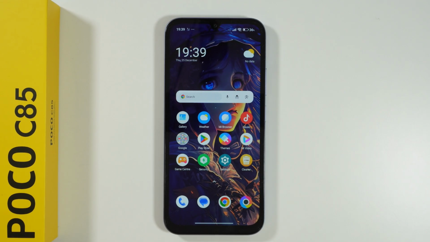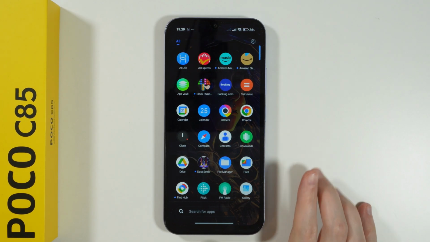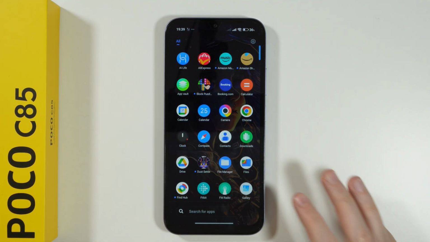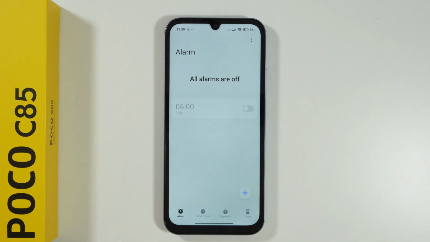If you want to set up the alarm clock on POCO C85, what you can do is find the clock app first, which you should be able to easily find in the app drawer. So let's open it. Of course, we can grant permissions to send us notifications. Over here, make sure that you have alarm selected, and there is a chance that you will have one alarm